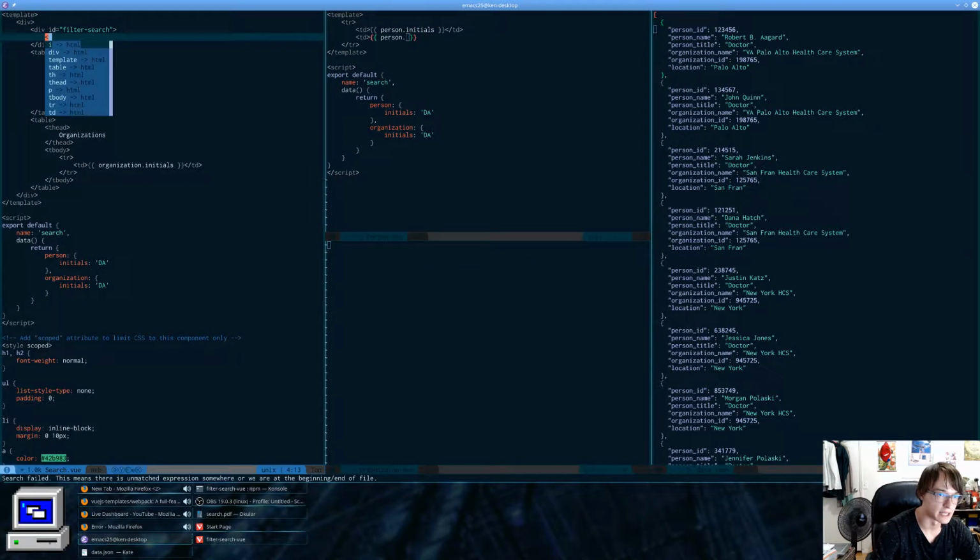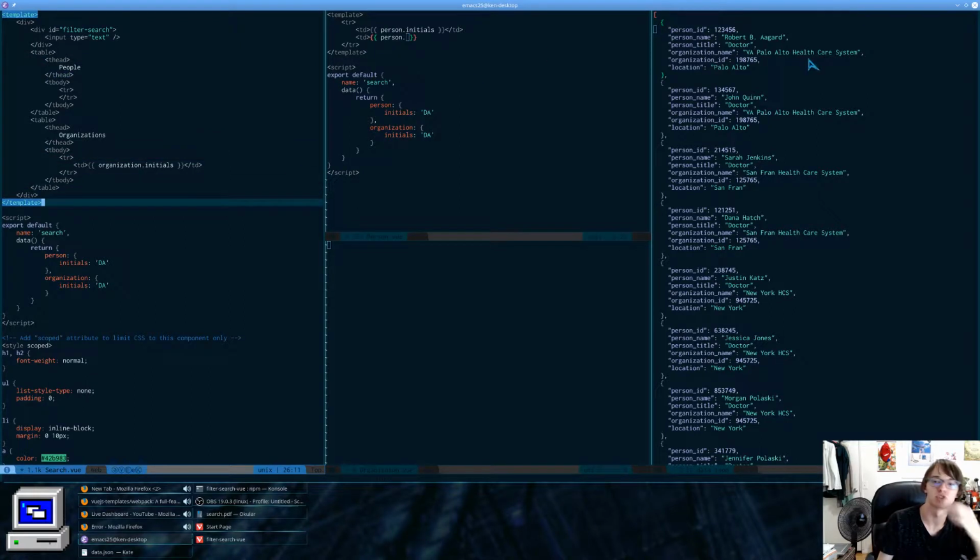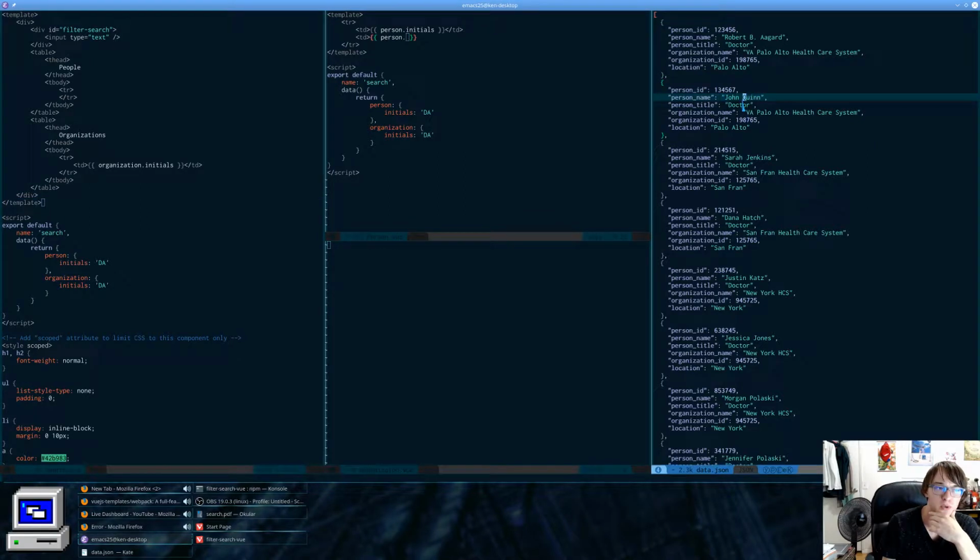And there's going to be an input, and it's going to be text, and that's pretty much it. So yeah, we're going to have that. It's going to filter search through the JSON data. So I'll be able to search, for example, the person's name, the person's title, or the organization name,